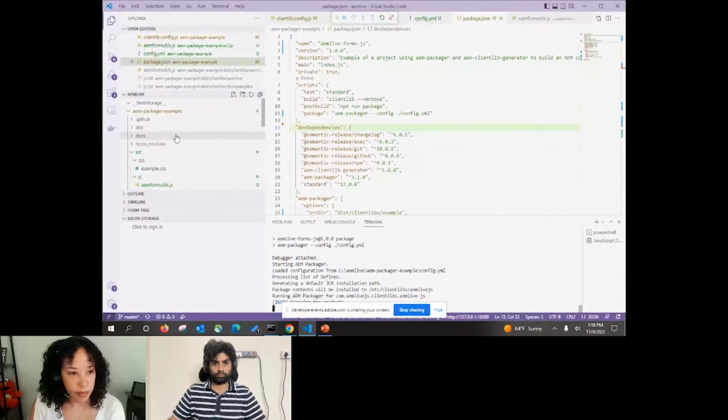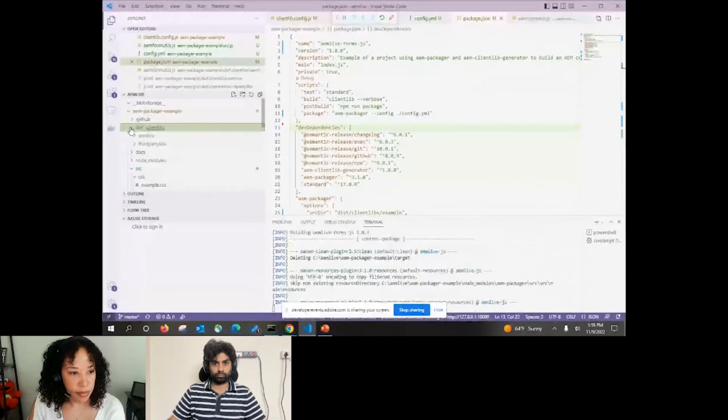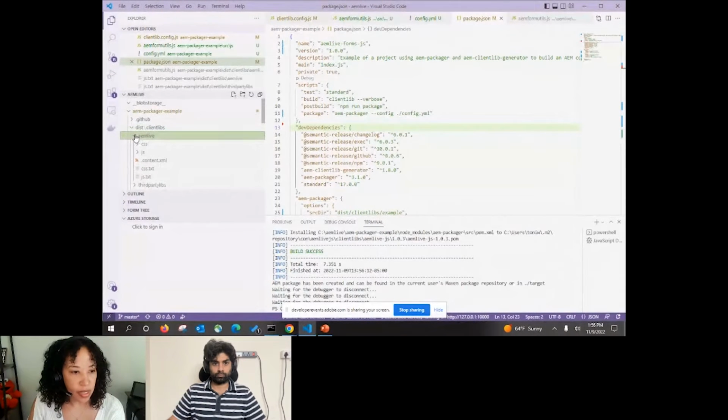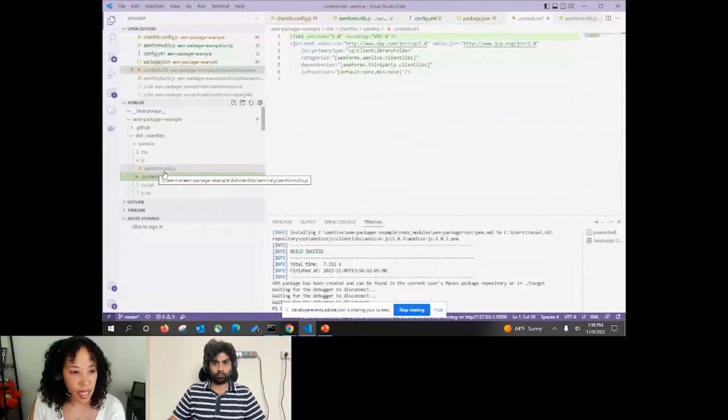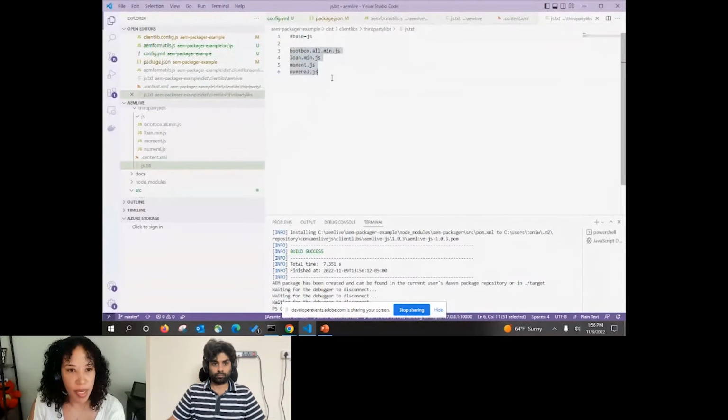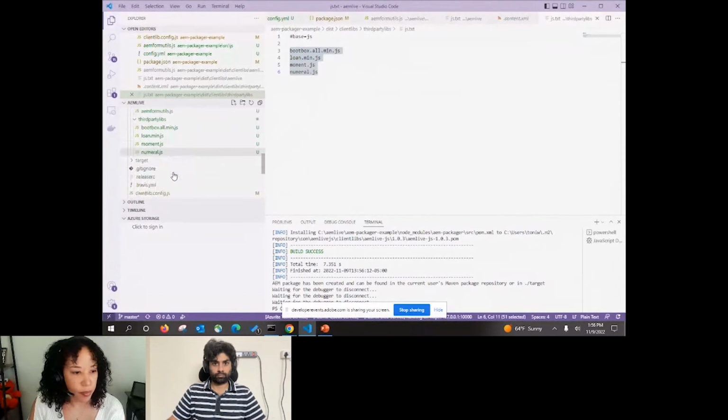Okay. All right. So it generated the client lib in my dist/clientlibs folder. So you can see here under this AEM Live folder, I have my AEM forms util.js, and I have a content.xml file that is used by the JCR repository. You see where I have my categories defined here and the dependencies. That's the other client lib, and it's generated with a js.txt file that's used by the client library. And in the third-party lib, you can see the same thing is generating this js.txt file.